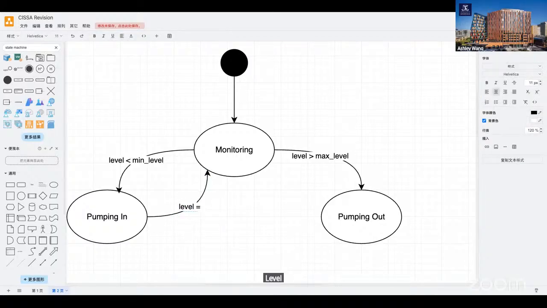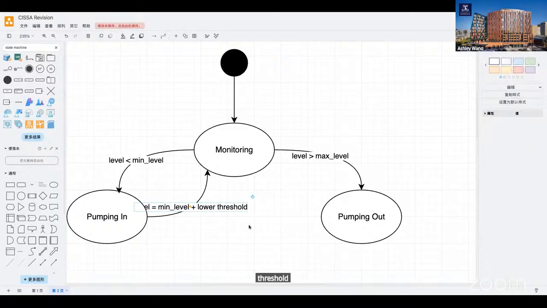Level equals minimum level plus lowest threshold. Threshold. Yeah. So once again, that's your trigger, guard, or action. Trigger. Yes, great.